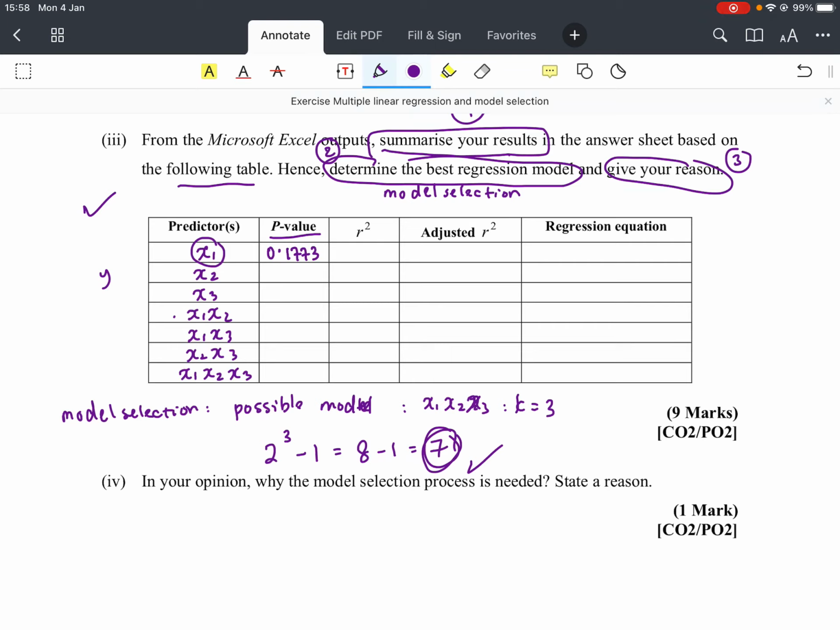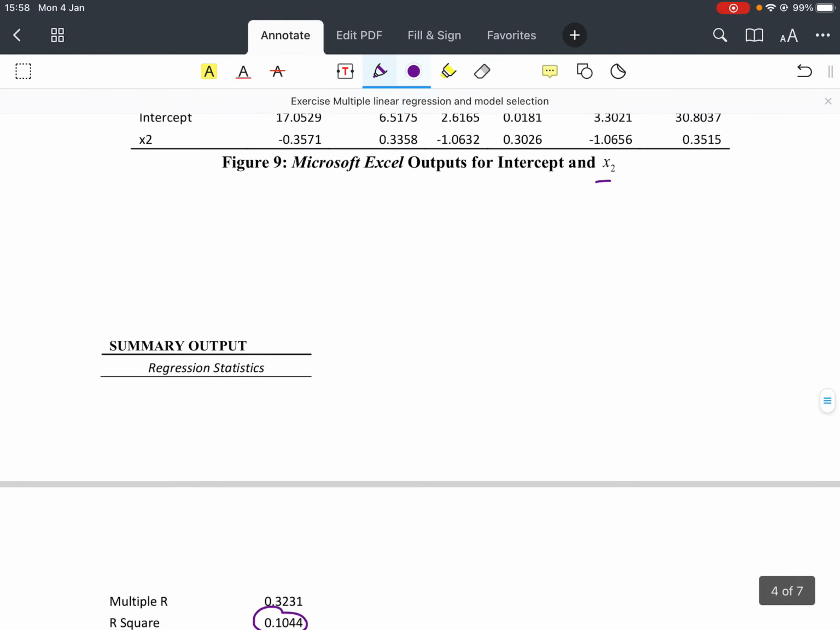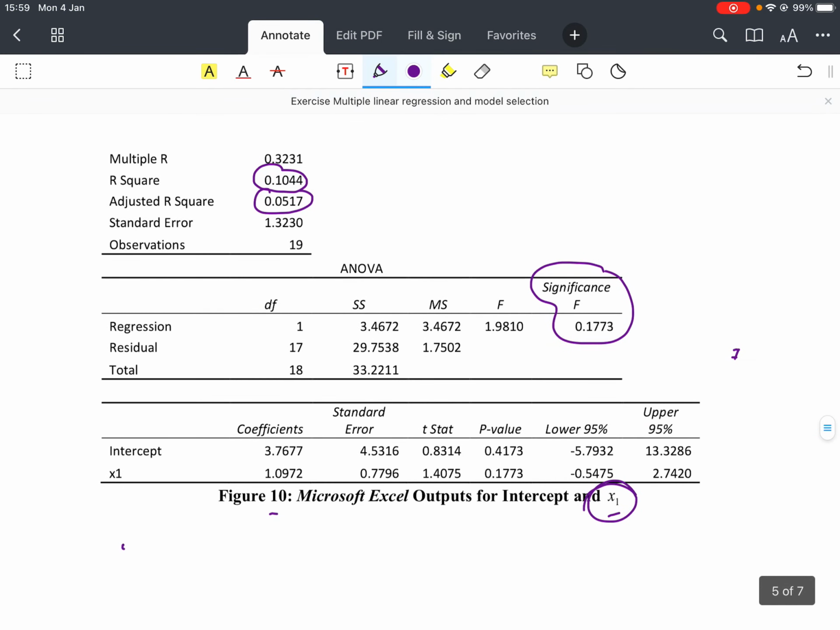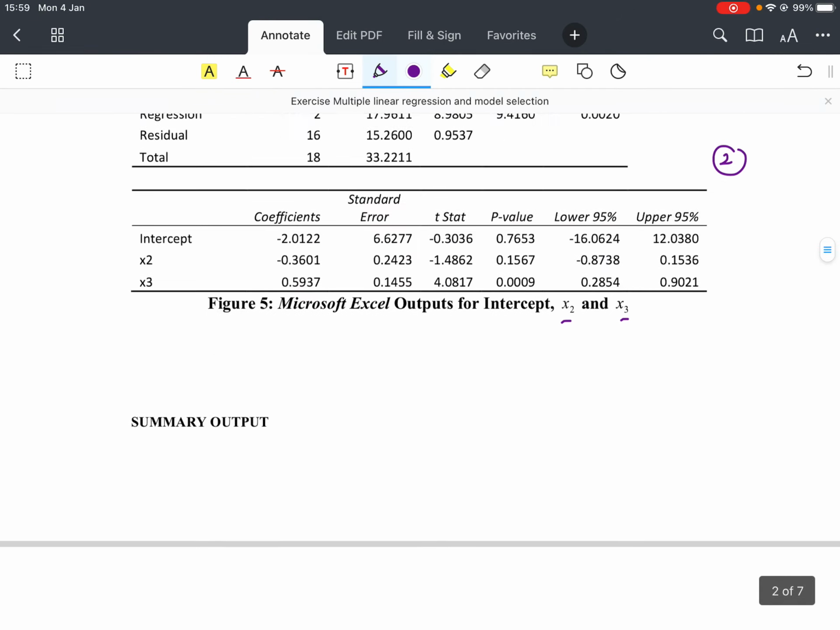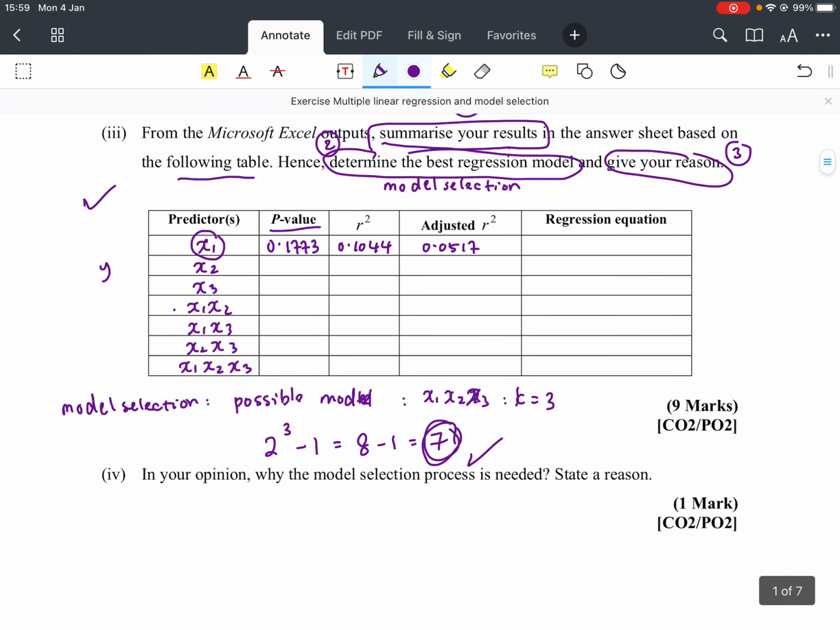Okay, and then the r-square is 0.1044, and the adjusted r-squared is 0.0517, and the equation is here: y cap equals 3.7677 plus 1.0972x1. Okay, put into your table. Y cap equals to